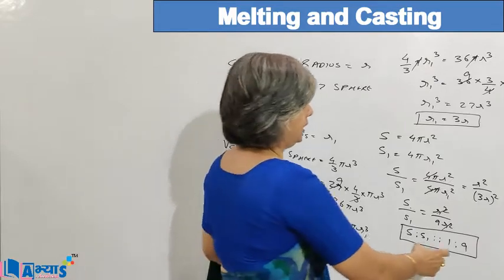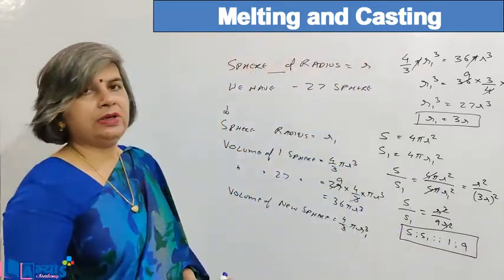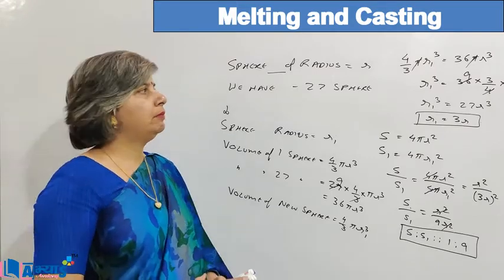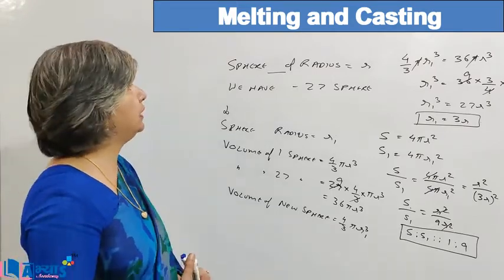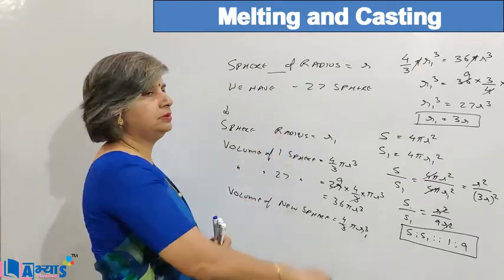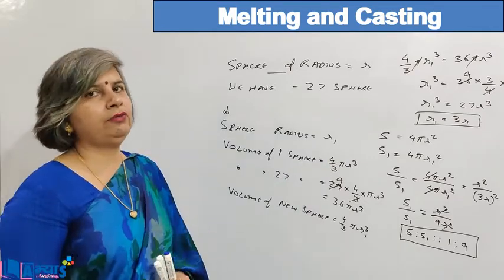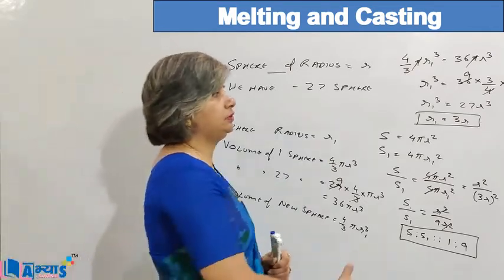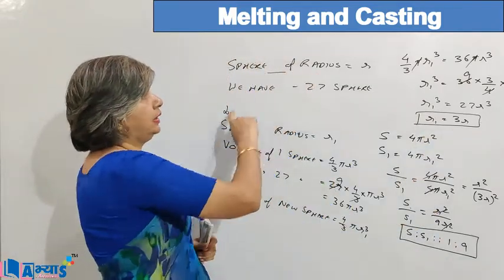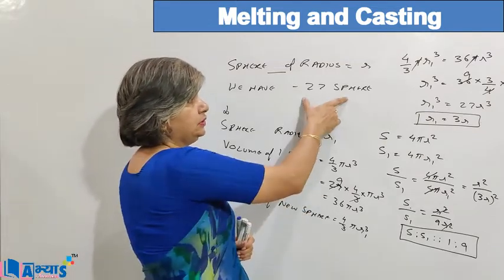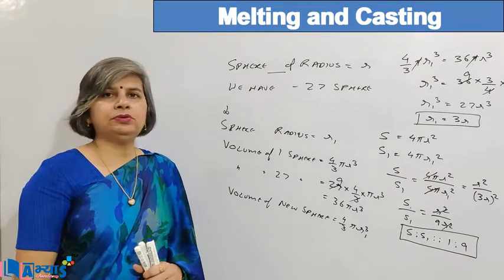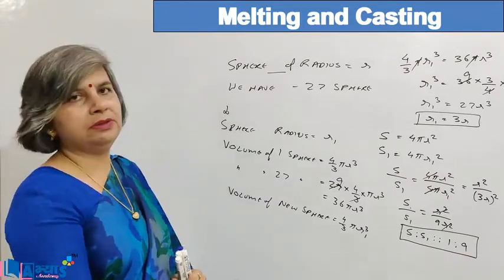It is 1:9. That means whenever we are supposed to find a figure, shape, anything, maybe it is radius, maybe it is surface area, the basic concept is that we will find the volume of the original figure that was given to us, find the volume of the new figure, and then reach a relation. In this question we were given a sphere of radius r, and 27 spheres of this size, and we were supposed to find the radius of the new sphere formed after melting all these spheres.